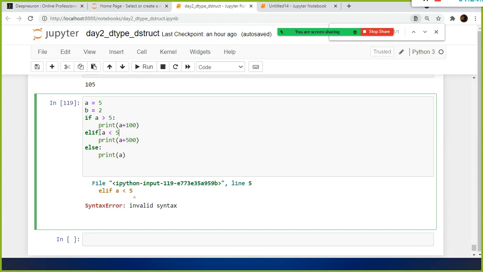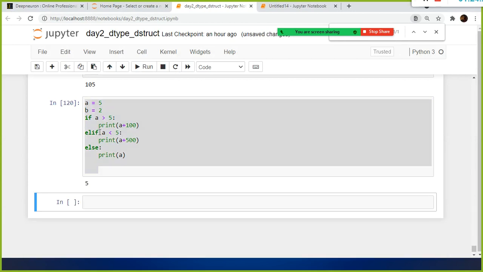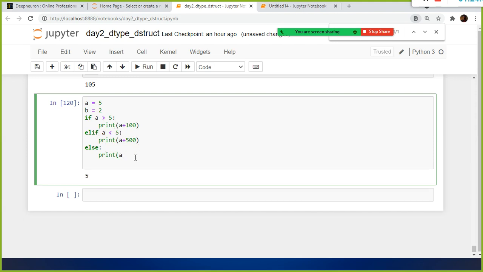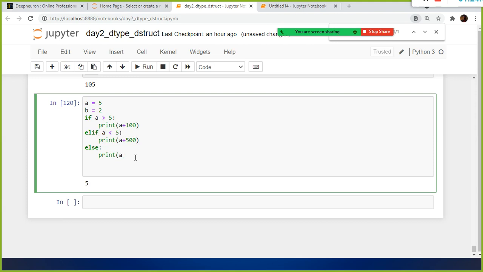Elif, you need to specify the colon here, because it's a simple comment, right? If and the expression should be followed by this one. Since you are combining the if along with the else, right? Else is the else part, hence you need to specify the colon followed by the expression, right? So 5 here, elif. So this is how you can use the nested if conditions.